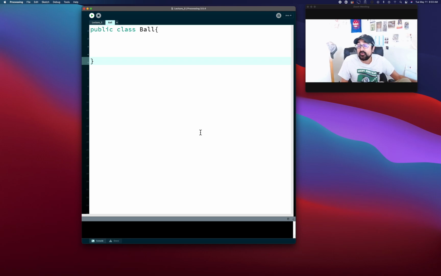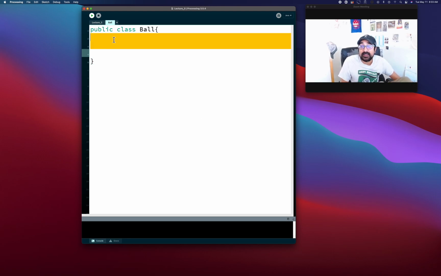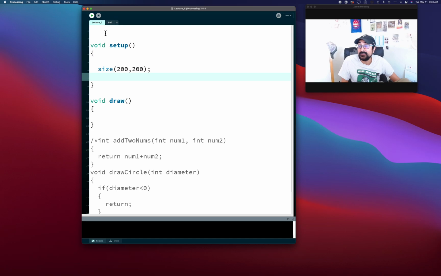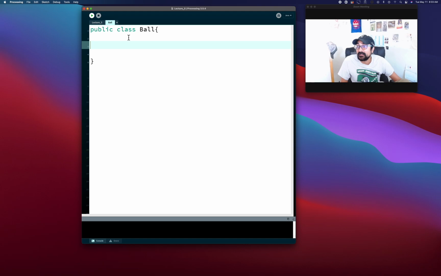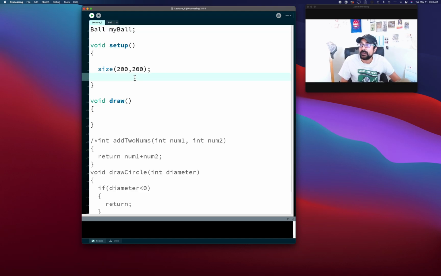Right now the ball object doesn't have anything inside it, so if I create a ball object, which I'm completely allowed to do, ball my ball, it'll say, okay, that means you're referring to this over here. But if I try to initialize this ball object, using something equals new ball,